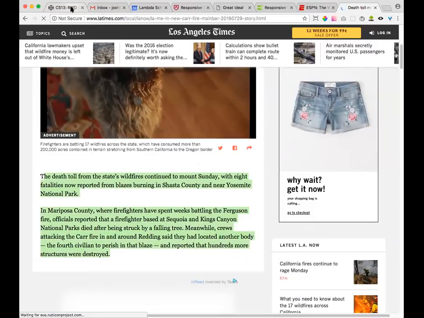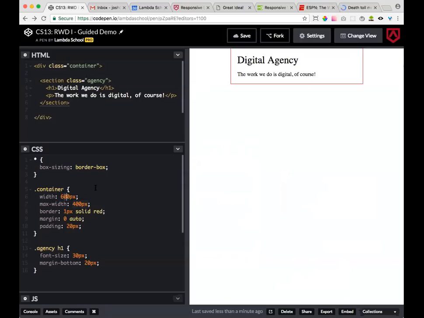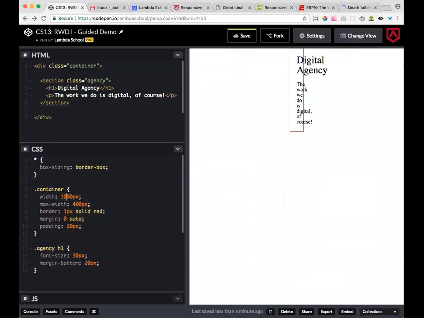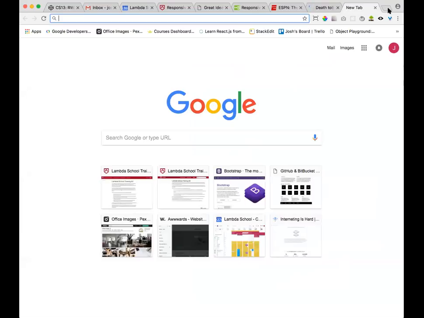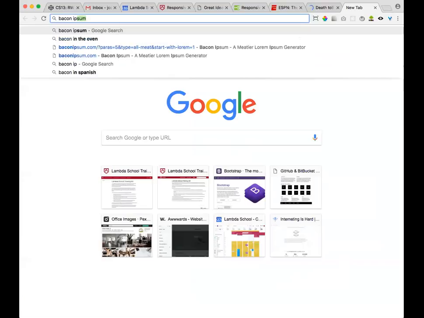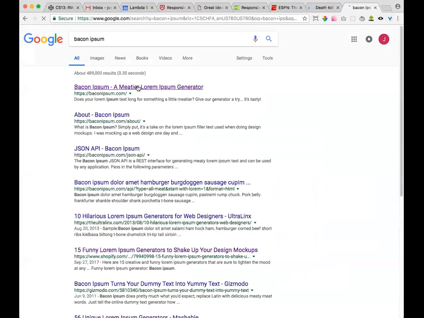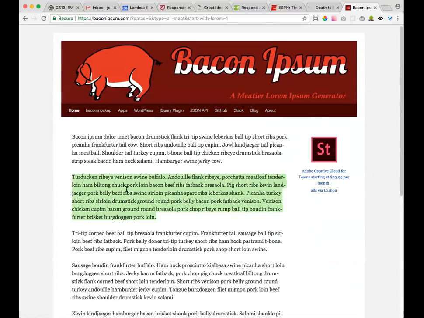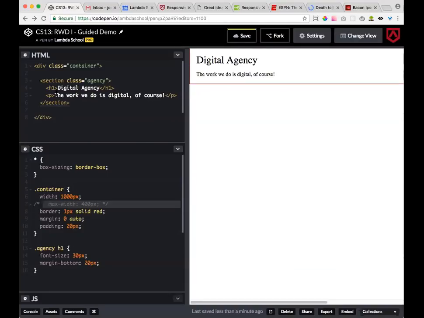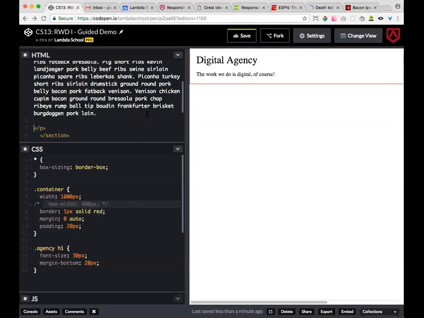Now, case in point, let's make our own version of this. I'm gonna do like 1,000 pixels. Get rid of this max width for a second. I know, I'm sorry. Once you see it though, it's really interesting. So we'll get some bacon ipsum again, just to make it easier for us. Heck, even this website is doing it. So if we come over here and pop in some ipsum so we can see more content,